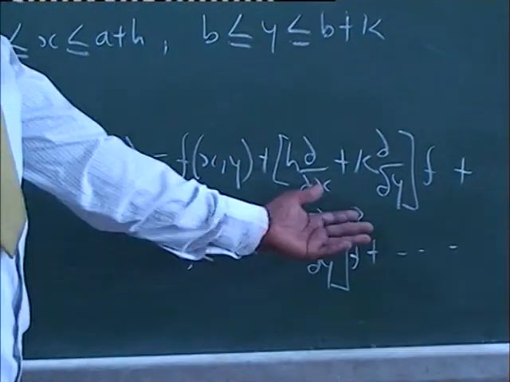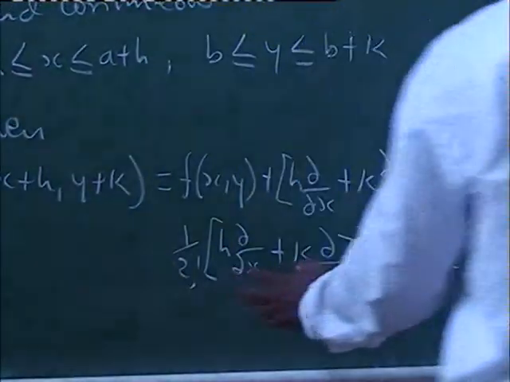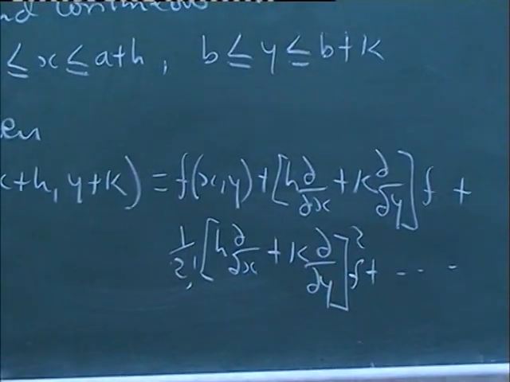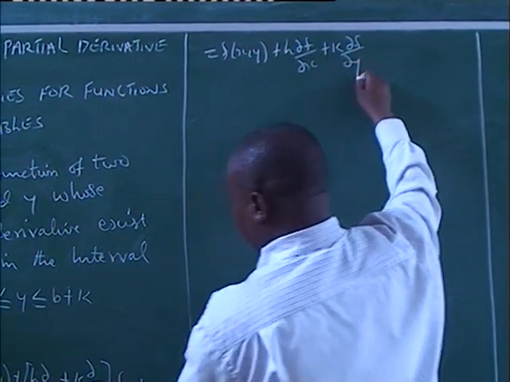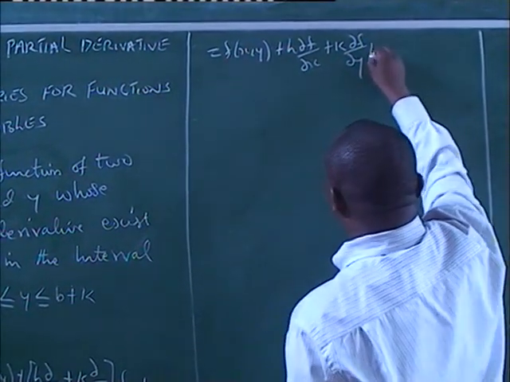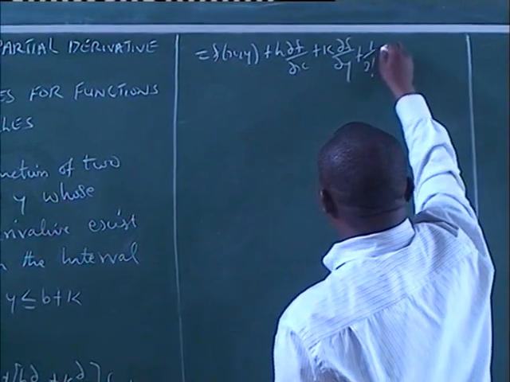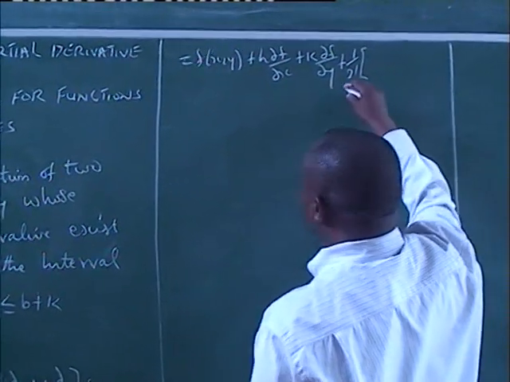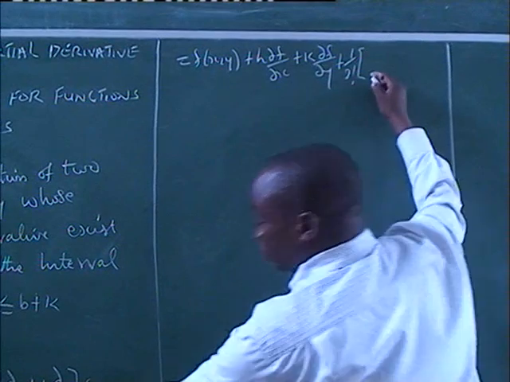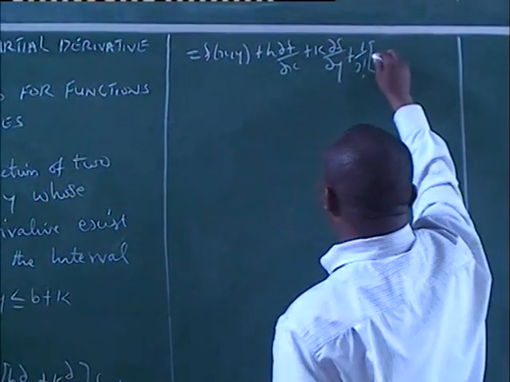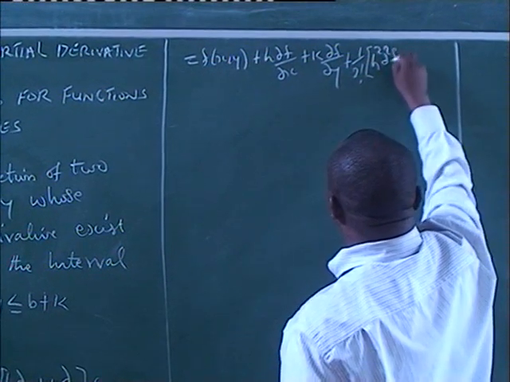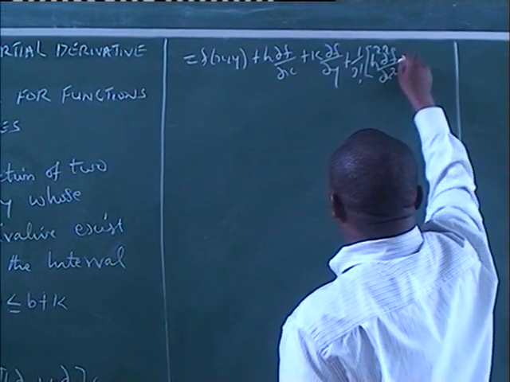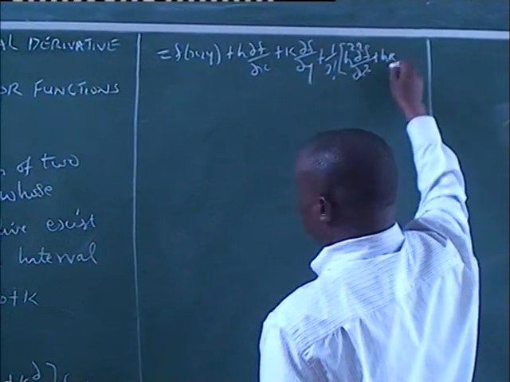Let me expand this so that you really understand what we are saying. If I expand this, you know this is squared. So I'll have h squared partial squared f over partial x squared plus hk,